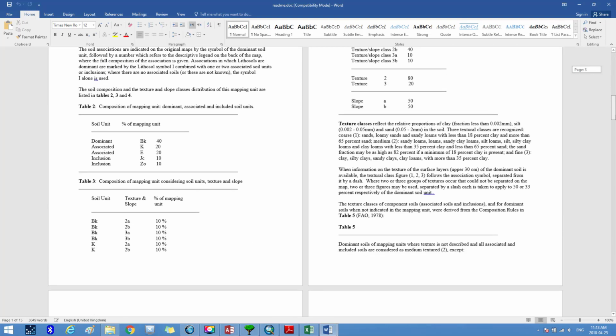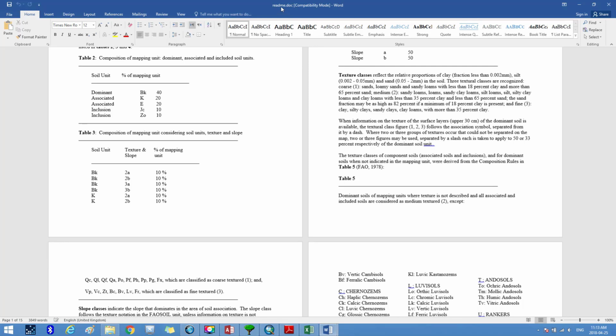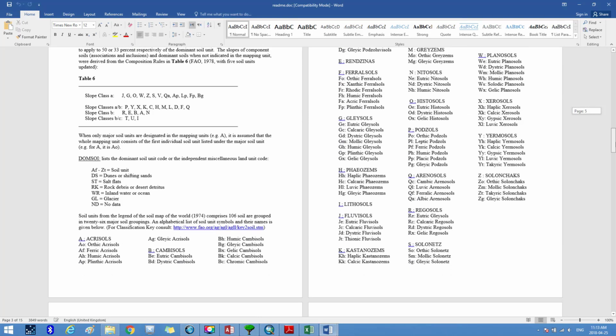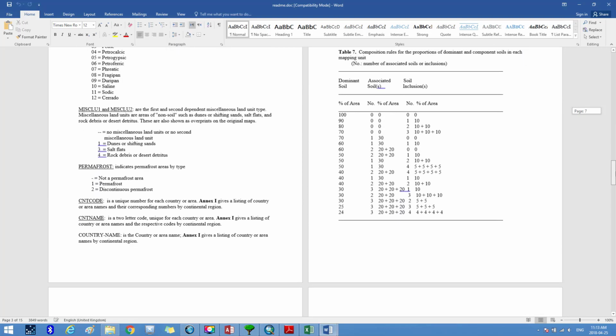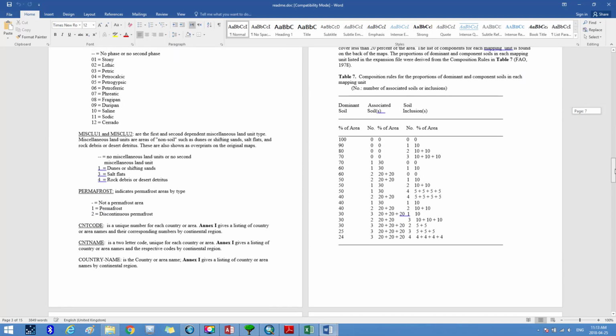In this Word file, in Table 7 here, it shows that if the dominant soil has a percentage of 100%, then the associated soil has the number 0 and a percentage of 0%,